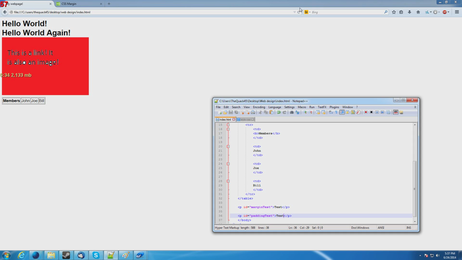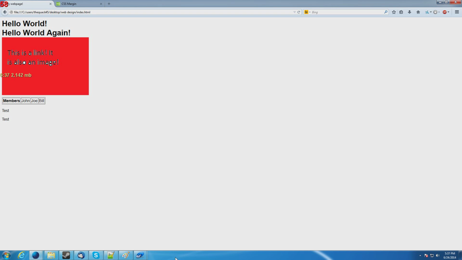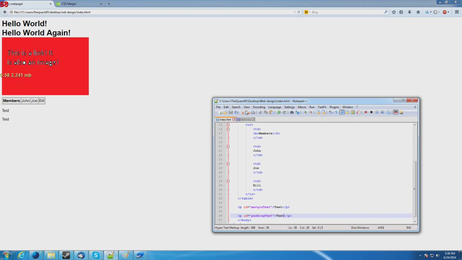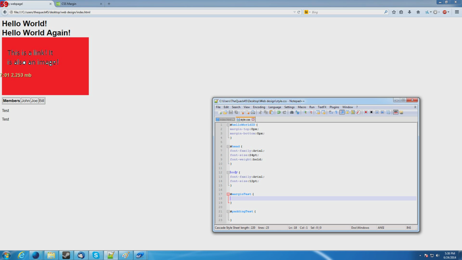Okay, so we got some text down here now. They look exactly the same because they are still on default P settings. So now we're gonna create two new, whatever these are called, margin test and padding test. I lower camel cased them, right? Yeah, I did. Good. So now we're gonna set the margin. We're just gonna set margin to 0 pixels, and we're gonna set padding